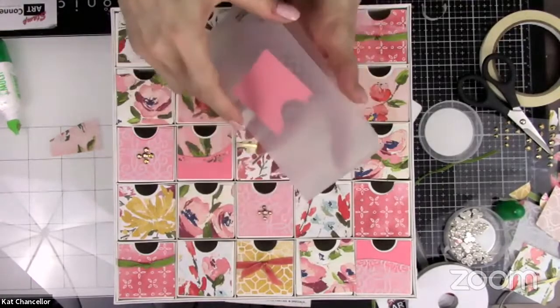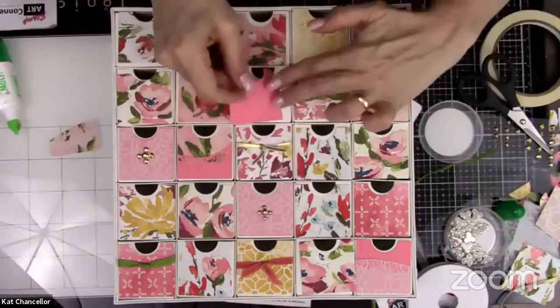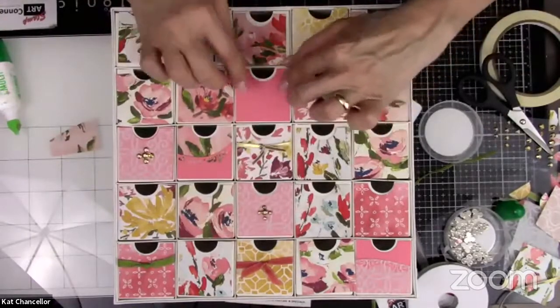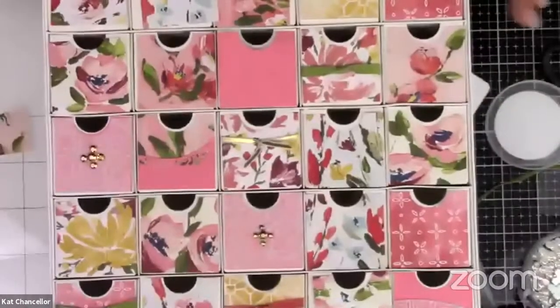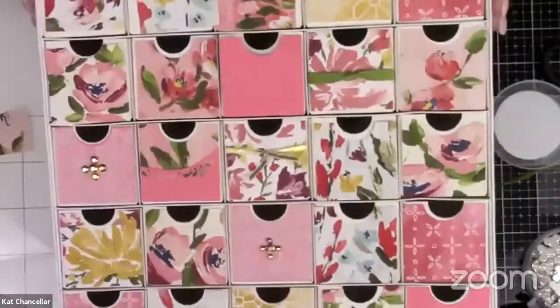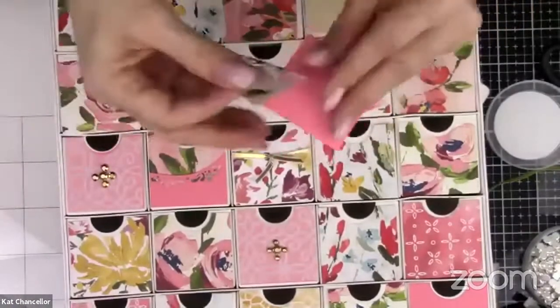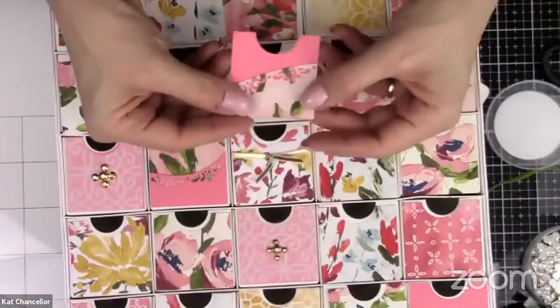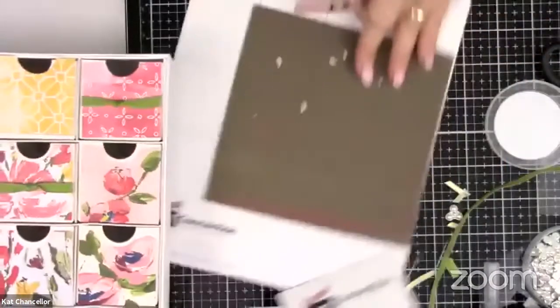Okay, so I ran it through the embossing folder, and then look at this. You can put this on here just like that, and I just want you to see, you come in, and you can kind of see the texture. You see the texture that you can have just like that, or you can add, and I'm going to add this right down here, and look how pretty that is. So that's another